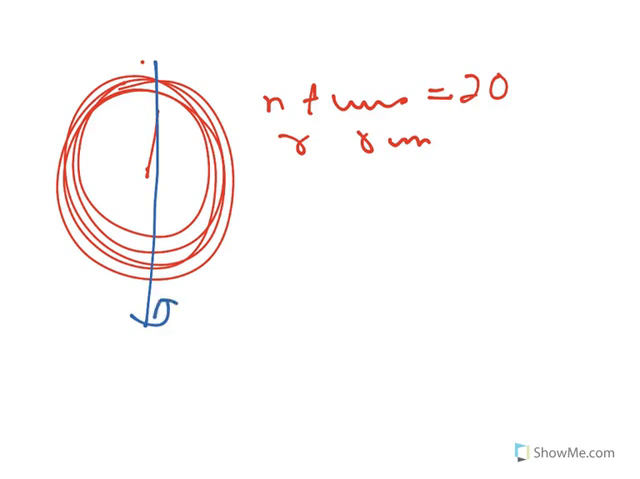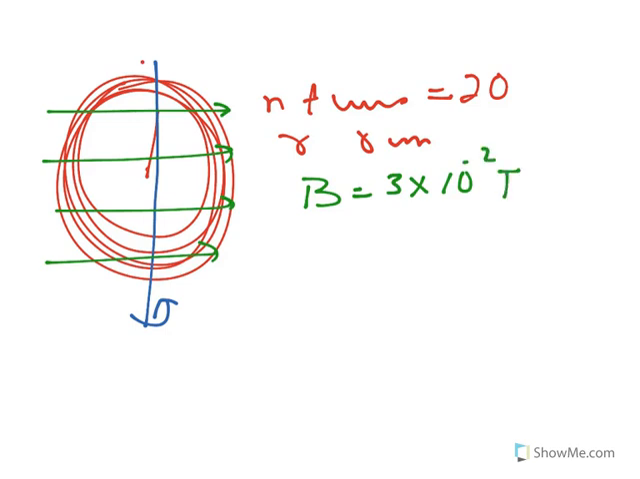The question says that there is a circular coil of turns, n turns equal to 20, and it has a radius of 8 centimeter and it is rotated along the vertical diameter, and it is placed in a uniform magnetic field of strength B is equal to 3 into 10 to the power minus 2 Tesla. So we have to obtain first the maximum EMF E0,